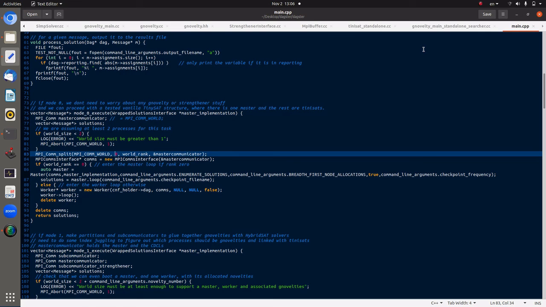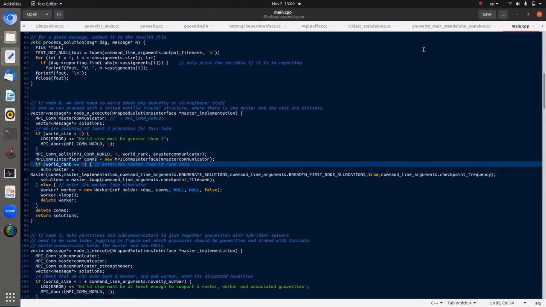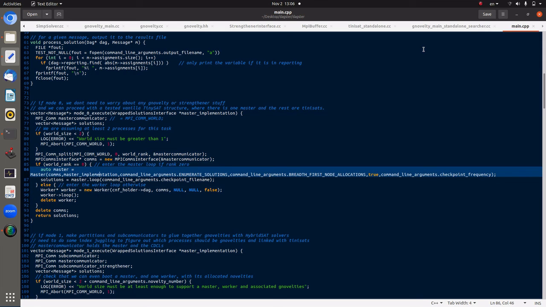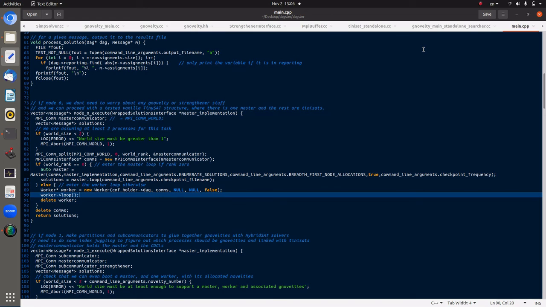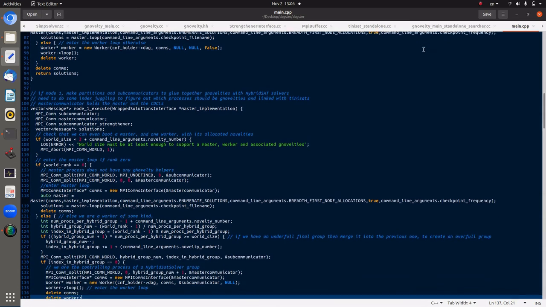And then it instantiates the communicator for which master is going to be communicating with its workers via MPI. It sets up the comms interface using that communicator, and then it passes it to the master and the worker processes. If world rank equals 0, then you're a master process, go into master loop. Otherwise, you're a worker, go into the worker loop. That's mode 0. So that's the simplest of the modes, and then subsequent modes are a little bit more complicated than this. So mode 1,